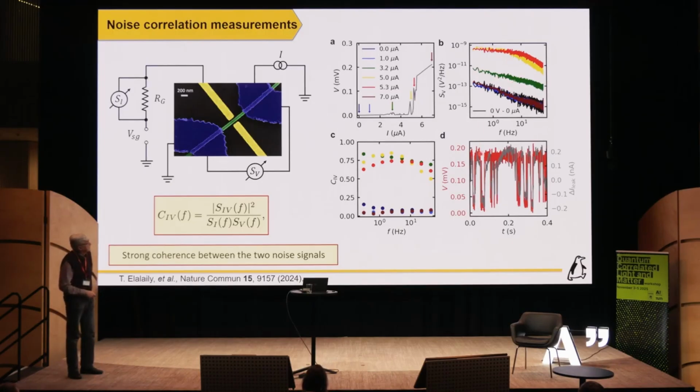So here are now traces in the time domain. There is both the noise of the device and the noise of the leakage current, and you can see that there is a strong correlation between these two. And you can calculate the coherence, and the coherence is given here. So you can see that the coherence is pretty close to 1. Coherence is defined here. So it's basically cross-correlation squared divided by the individual autocorrelation functions.